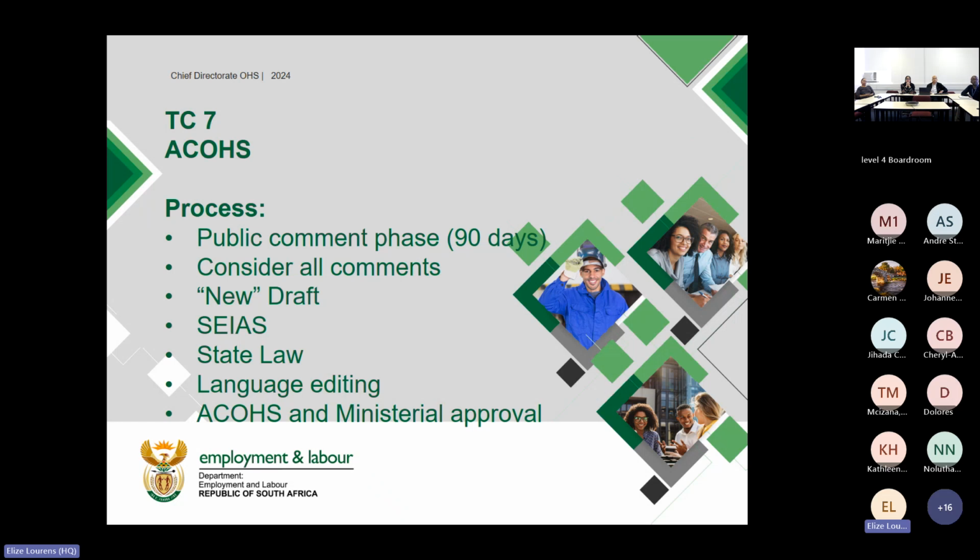But before I close and ask for questions, I'd like to give you an idea of how we got here and what's going to happen further. These regulations, as I indicated initially, were developed by Technical Committee 7. Now Technical Committee 7, as well as ACOSH, the Advisory Council on Occupational Health and Safety to the Minister, are both tripartite structures, which means we have representatives in both of these meetings from organized business as well as organized labor. So when we table a proposal, both these parties, as well as our technical experts, need to be happy and content with what we are proposing.